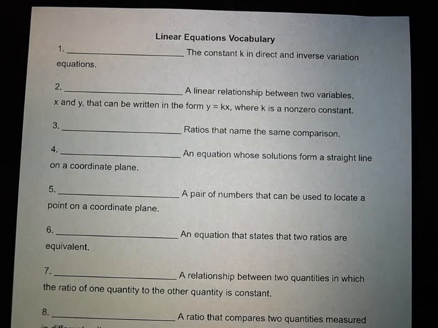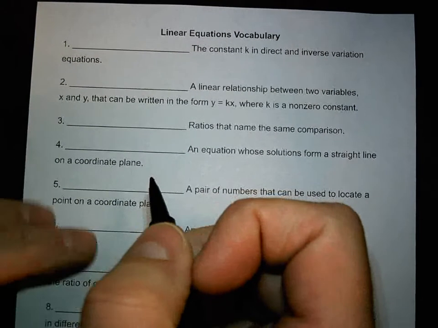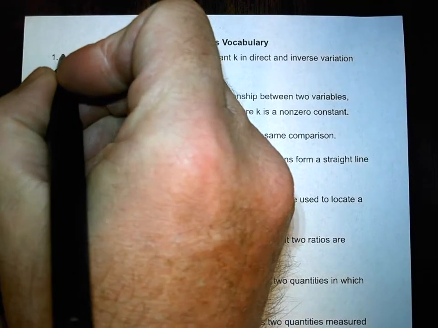So let's go into this stuff. The first one is a constant k in direct and inverse variation equations. This one's probably the longest one. It's called the constant